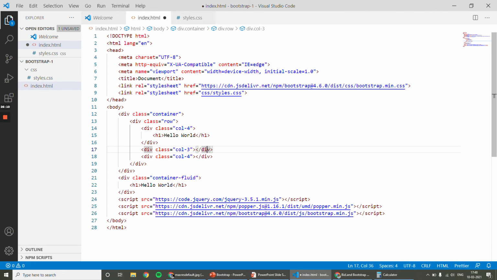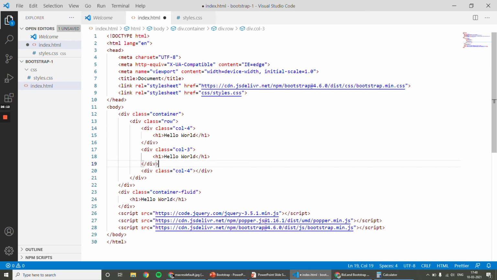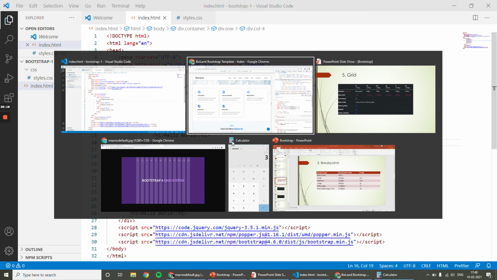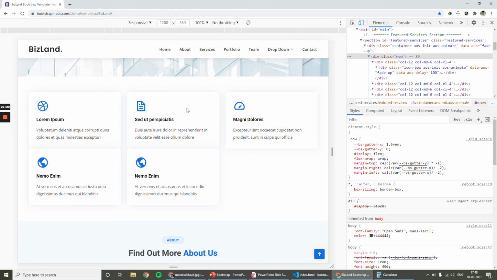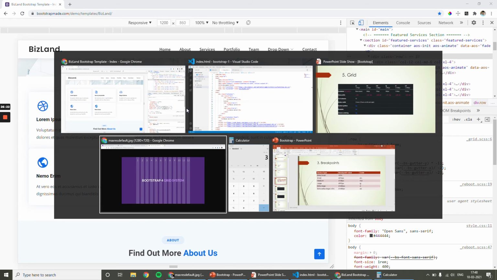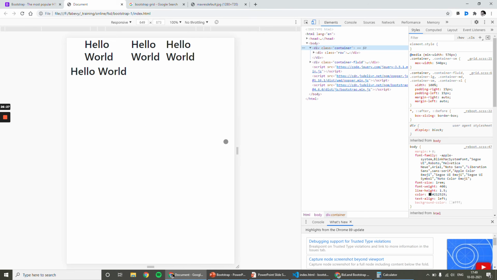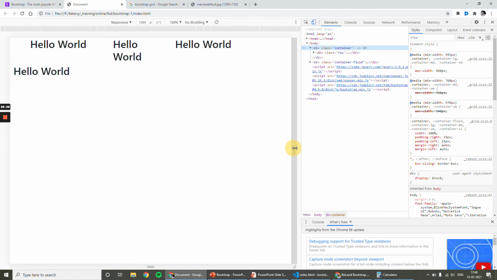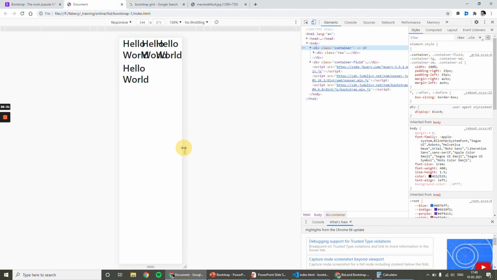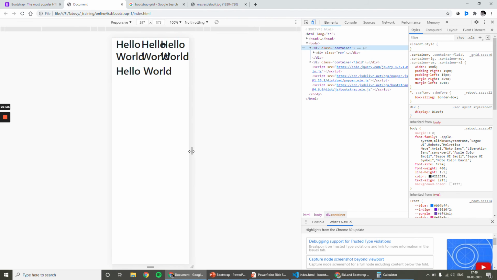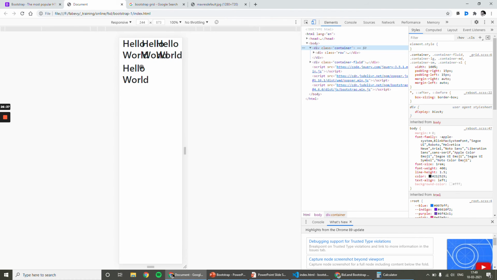We can write the same code again and again. You can see the output. So in all screens, it will have the same thing, but in mobile view, it is breaking. In mobile view, each text is overlapping.